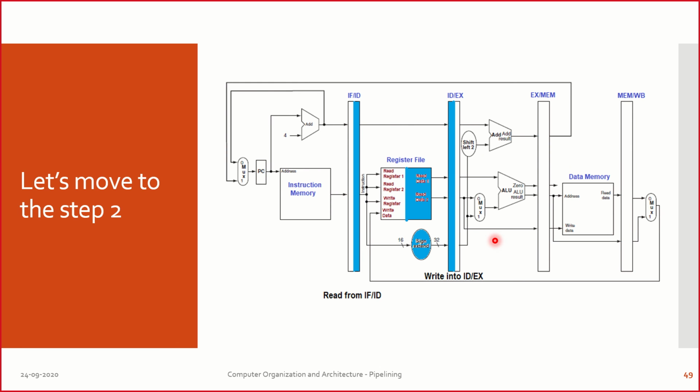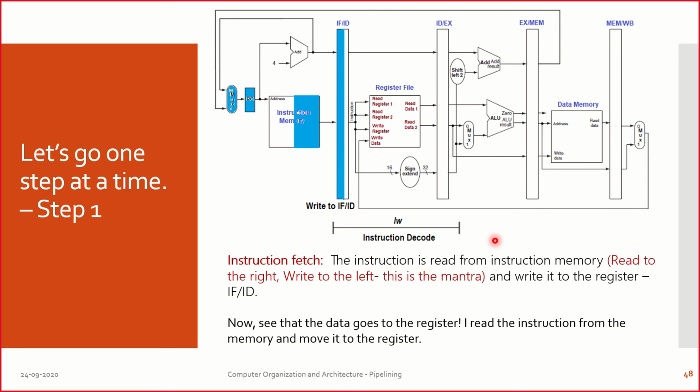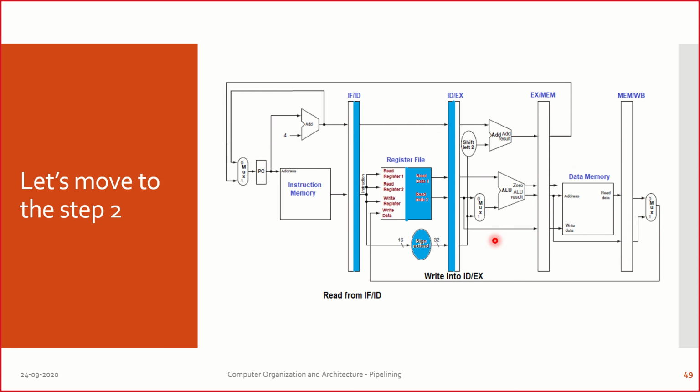That's what I have been trying to tell you right from the beginning today. Now what is the next stage, sir? Okay, sir, I have written into the IF/ID. See this here, I have written into the IF/ID. Now my register is written. What do I do next? I need to read from it to write it into the next stage. So what will I do? Very simple. I am reading from IF/ID and I am writing it into the register file.